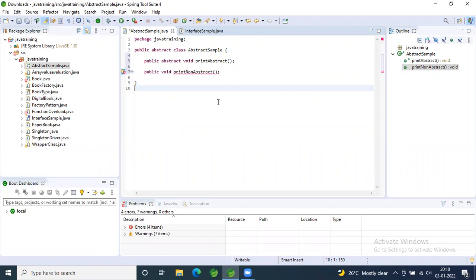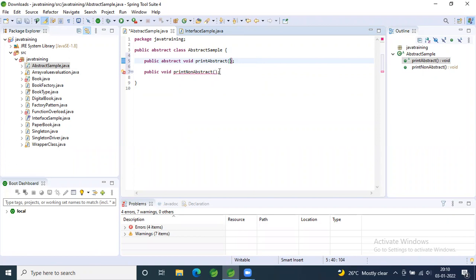Yeah. So an abstract class can have two kinds of methods. One is an abstract method, which is declared with the keyword. The other is a concrete method, which doesn't have the abstract keyword. That is the first understanding. If your method does not have the abstract keyword, you need to have a body defined.